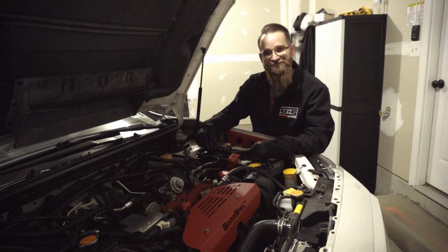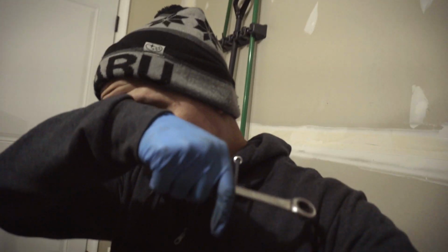It's a pain. Yeah, the heat shield is a little pain in the butt, but we got it out. You gotta wiggle it out a little bit. Everything's there because we have hoses and some brackets from an intercooler that you don't really have to take off, but it's still doable. It's very doable. You just gotta get a good angle and then wiggle it out. So now we got the heat shield off,